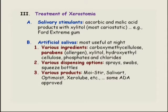Then there's also the artificial salivas that have been advertised and are marketed quite a bit. There's a lot of them. There's various ingredients, carboxymethylcellulose. The parabens are in there. The thing to remember about parabens, a lot of people are allergic to parabens, so those you might be a little leery of. Xylitol, hydroxyethylcellulose, a number of different products that are out there that people can choose from in terms of artificial